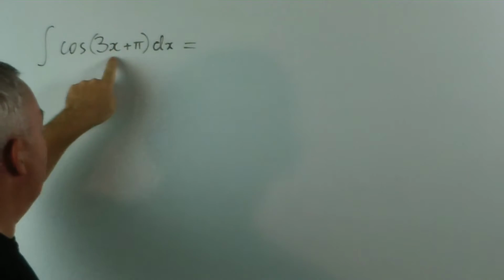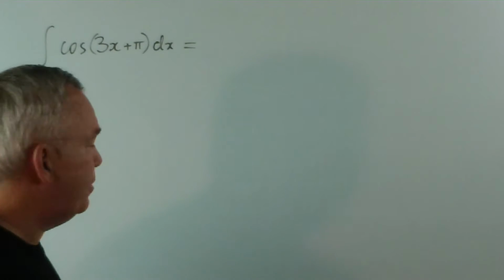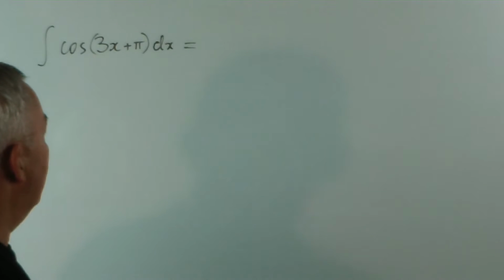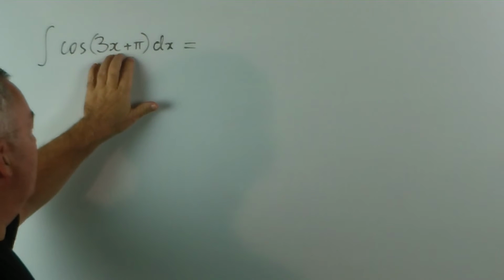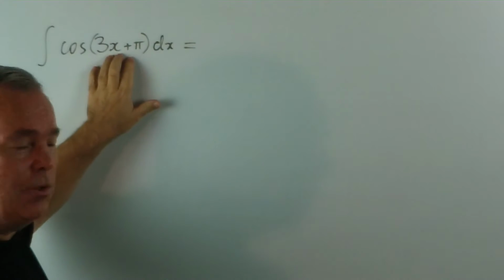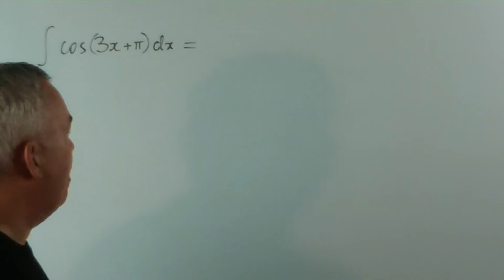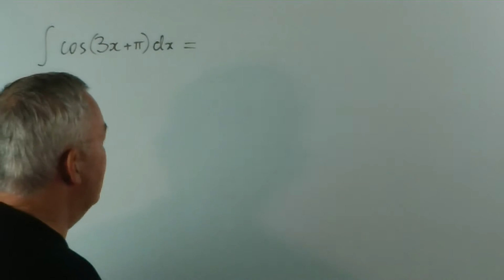It's complicated because this is a function in its own right. So we have cosine of a function. Now, again, we have two ways of handling this. We can substitute u, or some other pronumeral, for 3x plus pi, and let it all work out that way. Or we can look for the pattern. Now, the pattern would be,